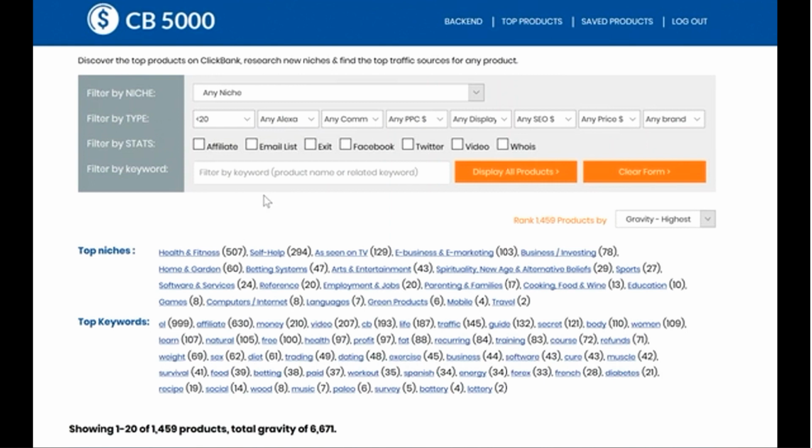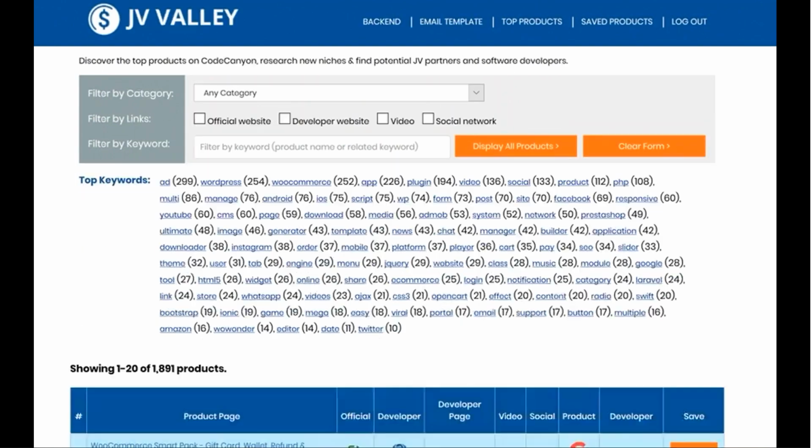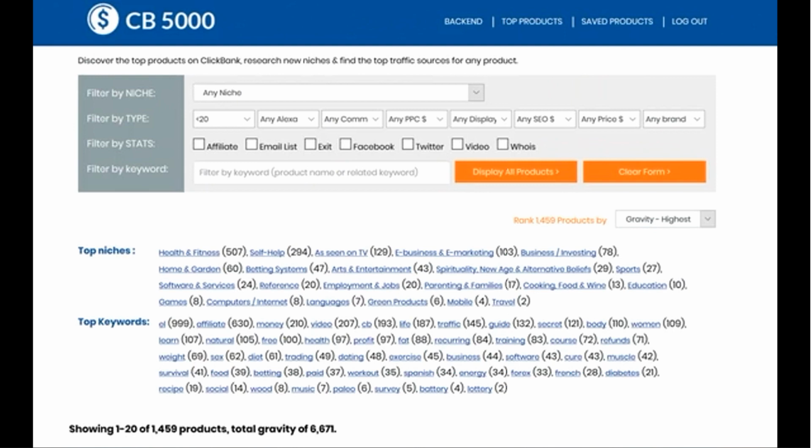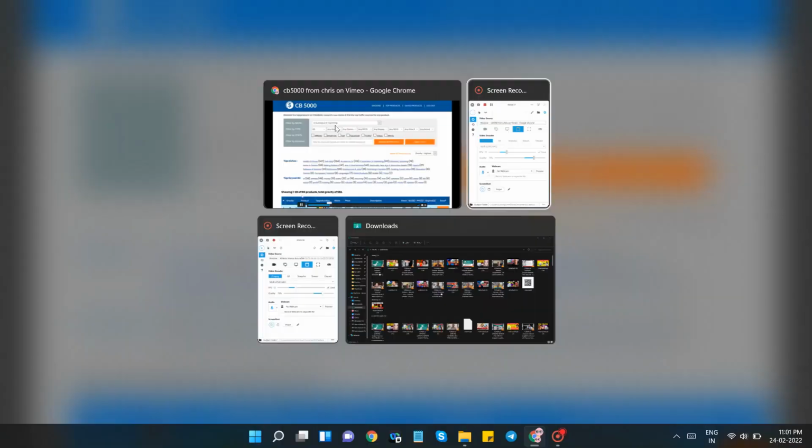So basically JVs who aren't selling, maybe they've got a good product but the marketing's terrible, you can reach out to them and send them a similar email to the kind of email that we'd be selling from JV Valley. In other words, do you want to do some kind of a deal? You know, this kind of email template here. And that's one possible use case for that. So you'd probably do a search like under 20 gravity and then e-business and e-marketing, and that's going to bring up, you know, 100